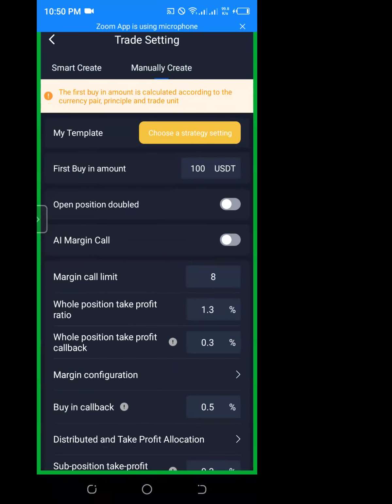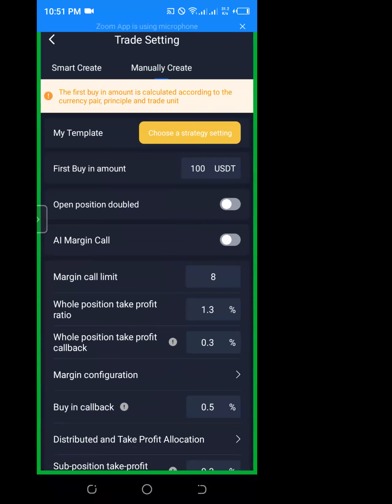Why am I using 8 margin calls? Margin calls are decided by you. You can use 10 margin calls, 7 margin calls. How many times do you want the robot to keep buying the dip? It is your choice. I'm just giving you an example. You can use 10, 9, or 7 margin calls, but make sure you use very many margin calls, especially when you have good capital. But for $400, you can use 8 margin calls or 10 margin calls.